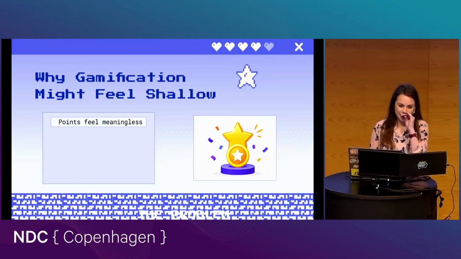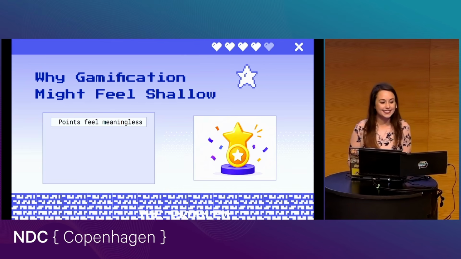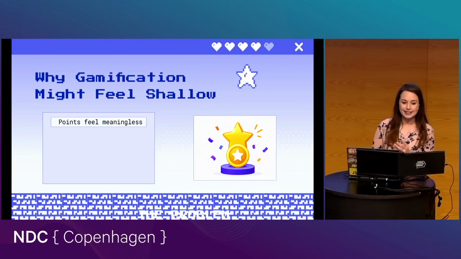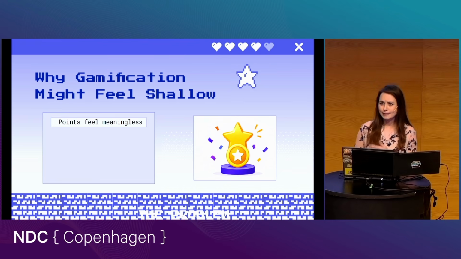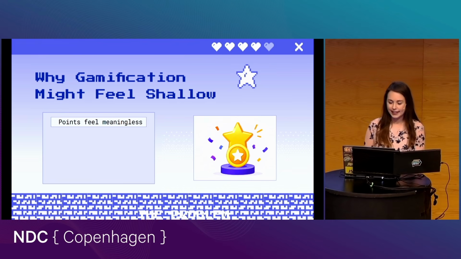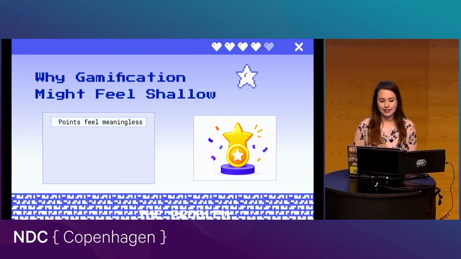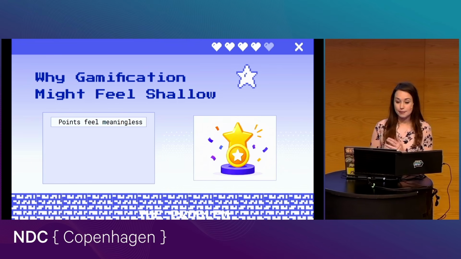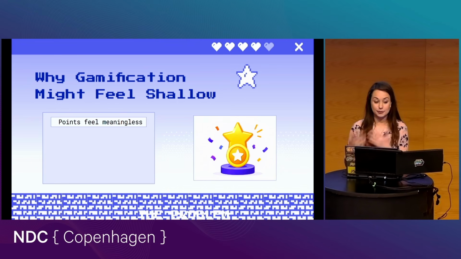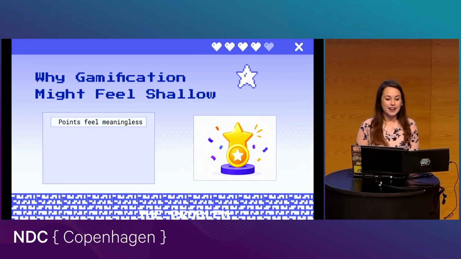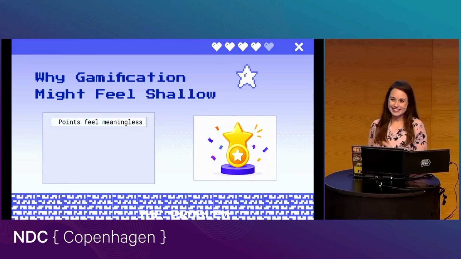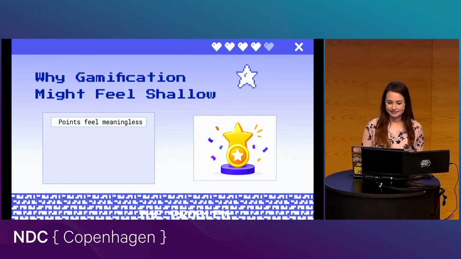You basically just open up an application, you tap around for a few seconds, and maybe it'll just hand you some points, like you just accomplished something, but you really didn't do much of anything, right? I'm sure we've all seen this in certain kinds of apps, maybe fitness apps, learning apps, productivity apps, whatever it may be. Seeing a score go up, but not really feeling any kind of earning, could just feel kind of silly.